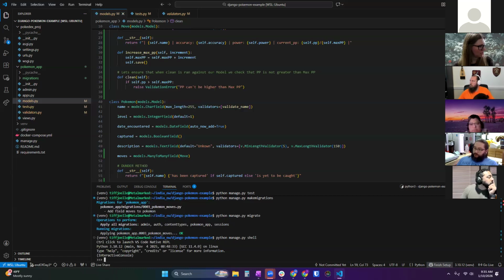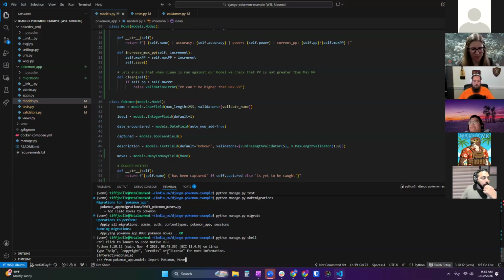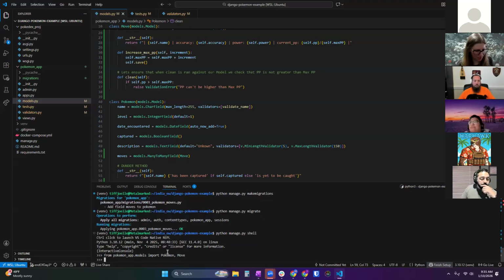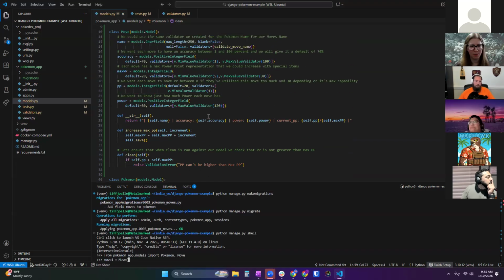Let's see. So we have to import from Pokemon app models. We're going to import Pokemon and Move. We're going to import both those models. Let's say move one is going to equal a new instance of Move.